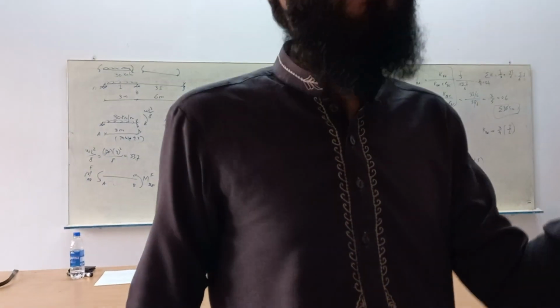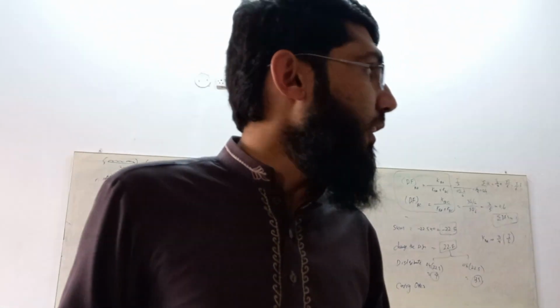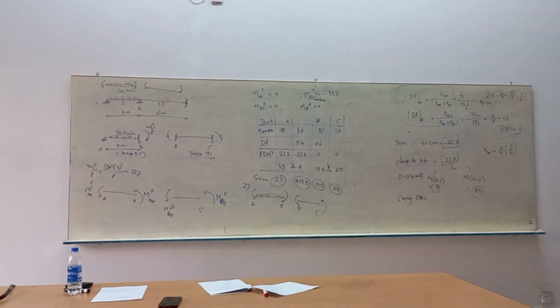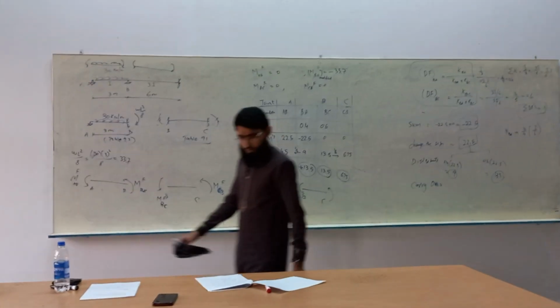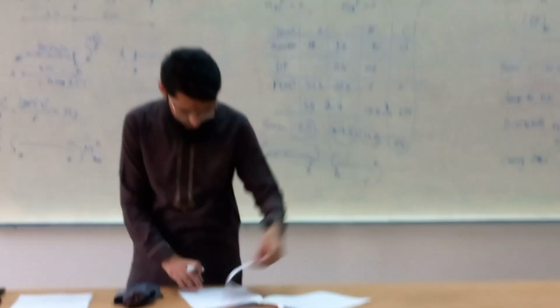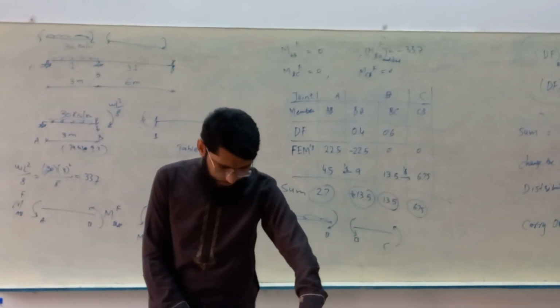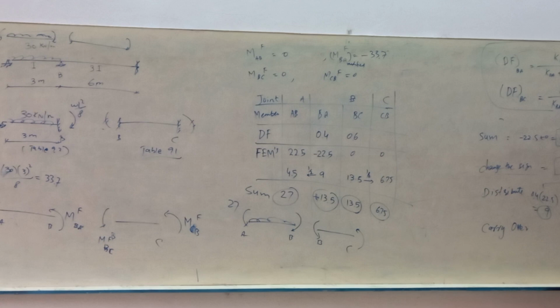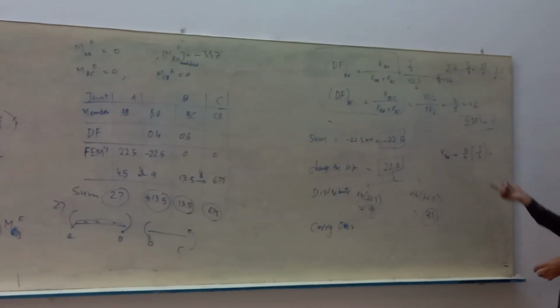ठीक है, जाहिर है हम उस जॉइंट पे होंगे जो अनरिस्ट्रेन्ड होगा। उस पे जितने मेंबर्स कनेक्टेड होंगे उनके फार एंड्स को देखेंगे। जिस मेंबर का फार एंड पिन है या रोलर है, उसके K की वैल्यू के साथ एक फैक्टर लगेगा, मॉडिफिकेशन फैक्टर। And that modification factor, I am guessing it is 3/4. Let me just make a quick confirmation. Yes, it is 3/4. ठीक हो गया।